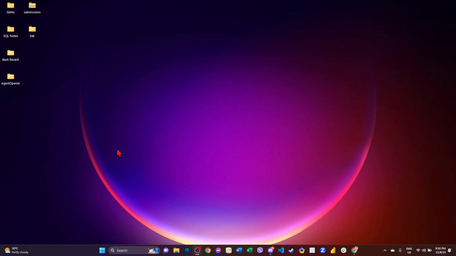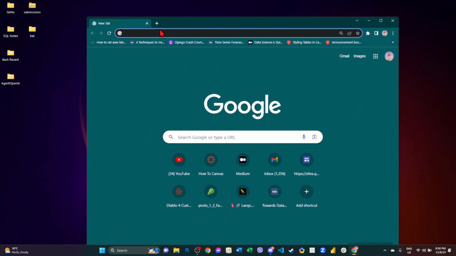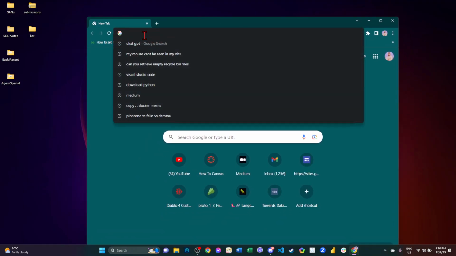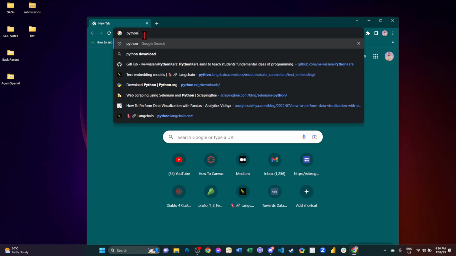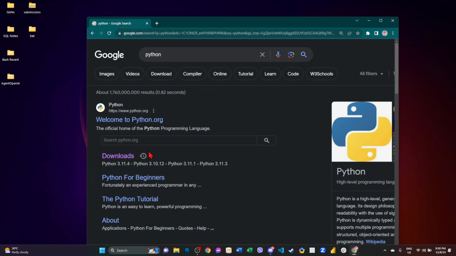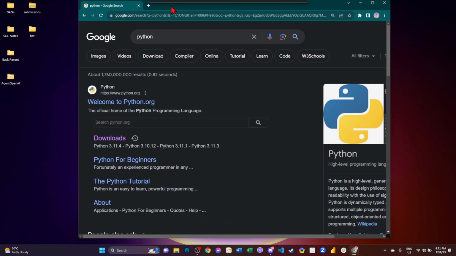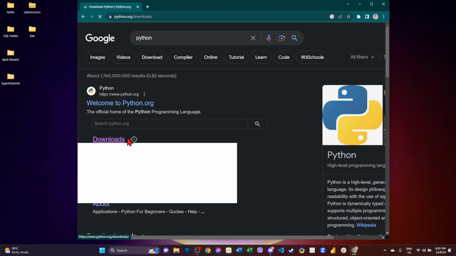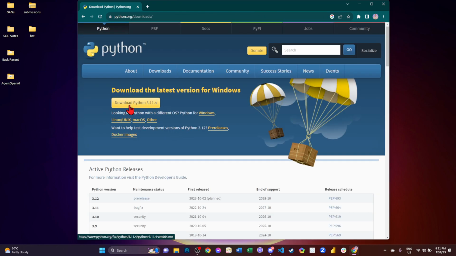And first and foremost, there are prerequisites for this course. You should have prior knowledge with Python, and also you need to install Python on your desktop computers. So you can go to the Python website, and you can choose to download the latest version, which is